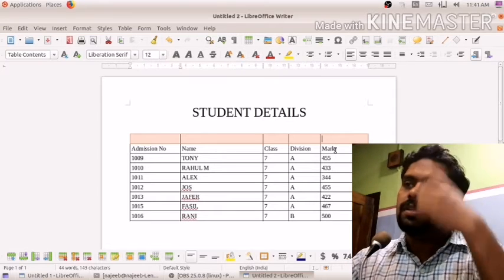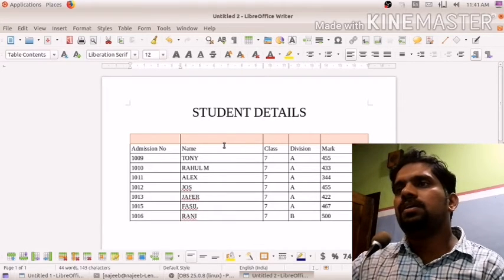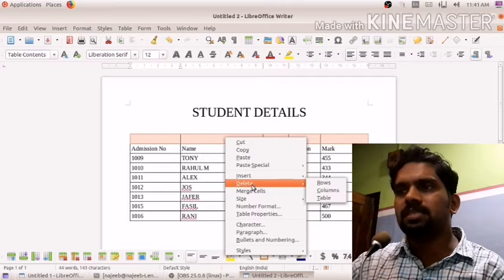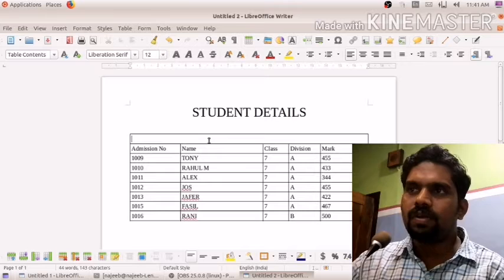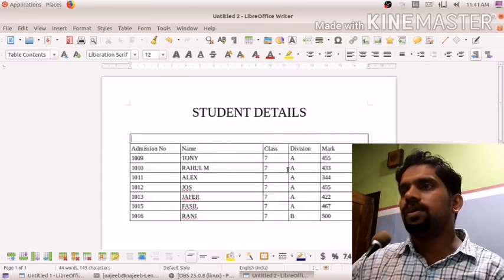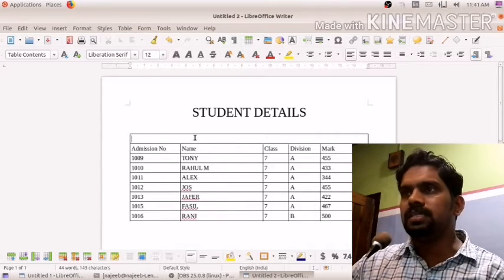Okay, you see, if we want to merge this many cells, this many columns as a single cell, at that time we can just select that, then right click there, then press Merge Cells. Now it is merged. Okay, here 5 cells have been merged.